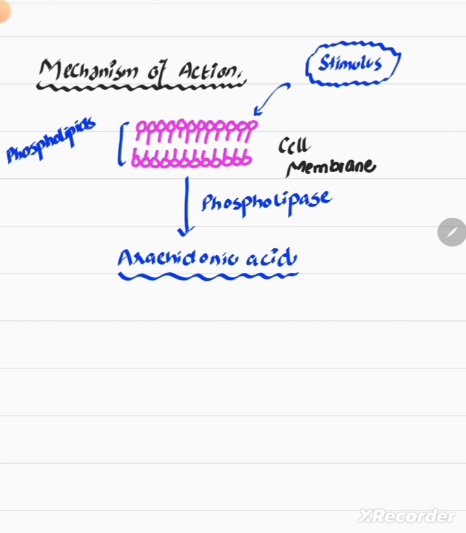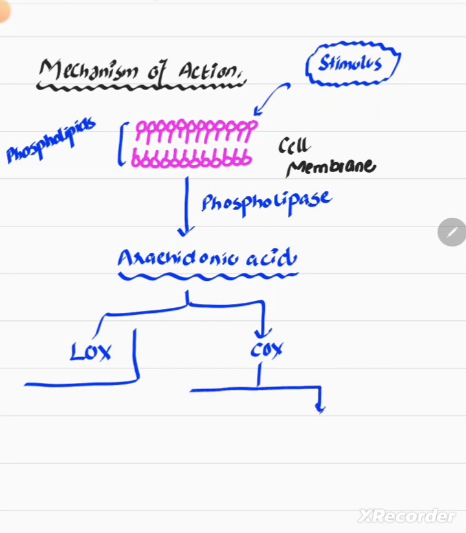Now, this arachidonic acid is a very important molecule because it initiates a series of pathways that mediate the process of inflammation. It has two major pathways, the COX pathway and the LOX pathway. This pathway is actually beyond the scope of this discussion, so we will focus on the COX pathway. This COX pathway or this enzyme initiates the production of many inflammatory mediators, which are called prostaglandins and leukotrienes. Both these mediators are very important in the